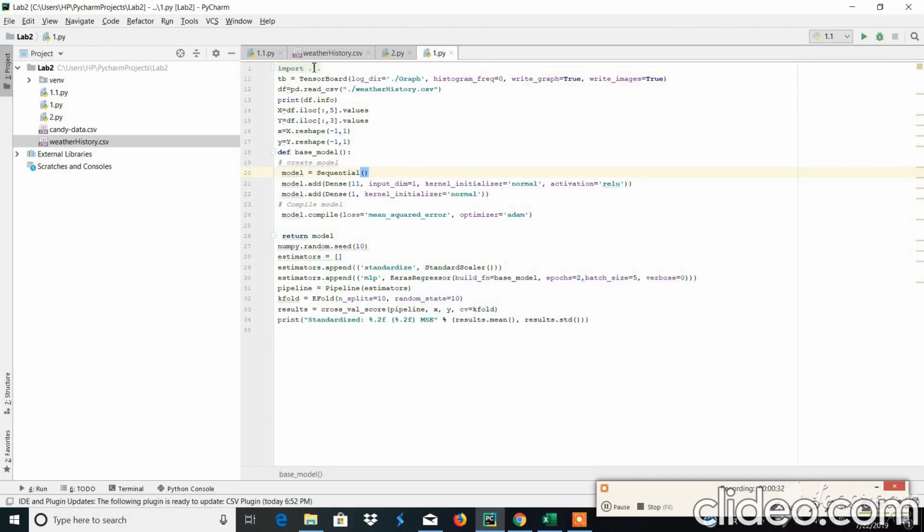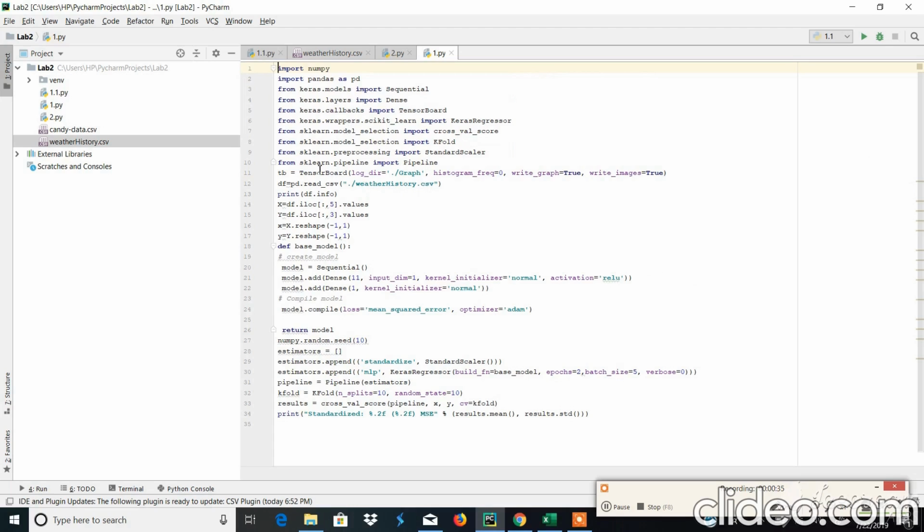One is implementing all the necessary libraries here and reading the weather history, and I'm only focusing on taking humidity values and getting the temperature values. So I'm reshaping them, and I've taken a sequential model, added only two dense layers. The initial one will be input dim 1 and the dense of 11 fields, and the activation is ReLU. For the linear regression, we don't need the activation function for the output, as we are expecting